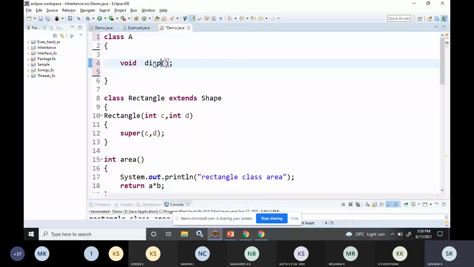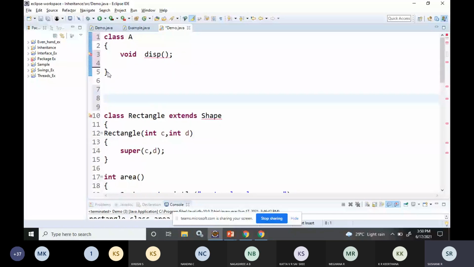So now class A is my abstract class. Why? Because it contains only the function name. It doesn't contain any logic for that function. Now, how to make a function abstract: you have to use the keyword abstract. By writing this, we know that display is an abstract function.